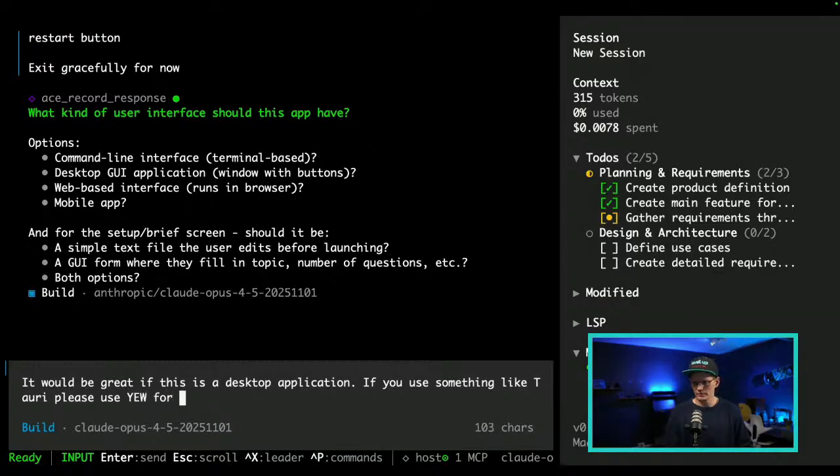Use Yew for frontend. And so what I'm asking it here is just to use Yew for frontend, because this means that we'll get Rust on the back end, Rust on the front end, and no JavaScript whatsoever. That seems sensible to me. And the reason for that is that if we write everything in Rust, we'll get a lot of errors surfaced already at compile time. This means that we don't need to debug this at runtime, and this is the main reason for doing this.